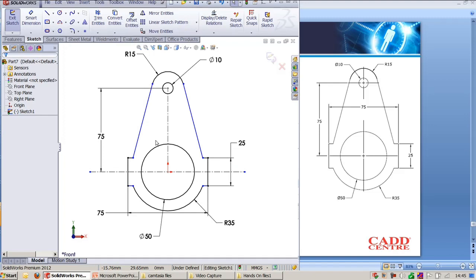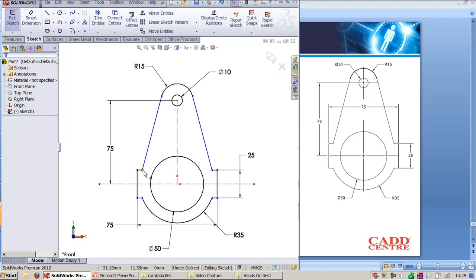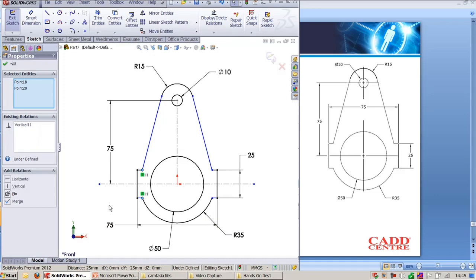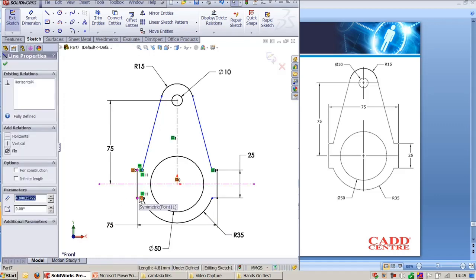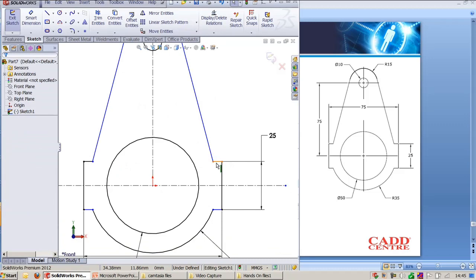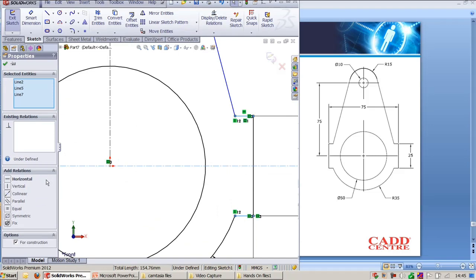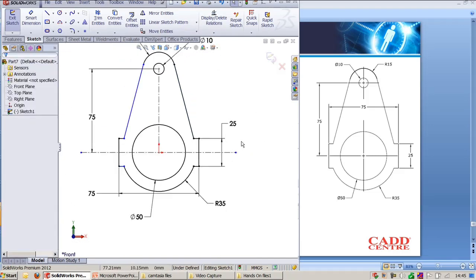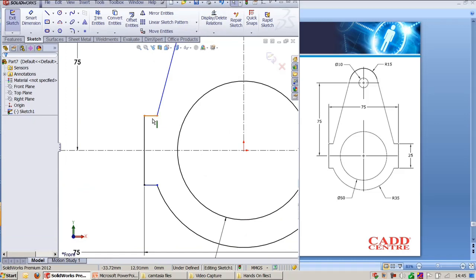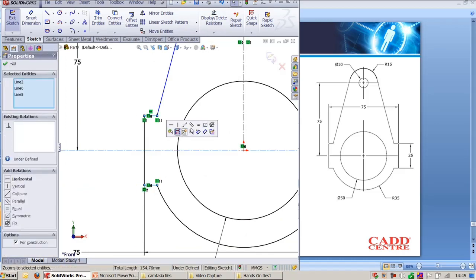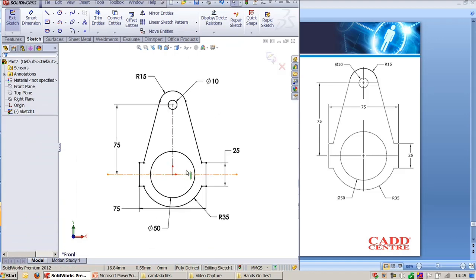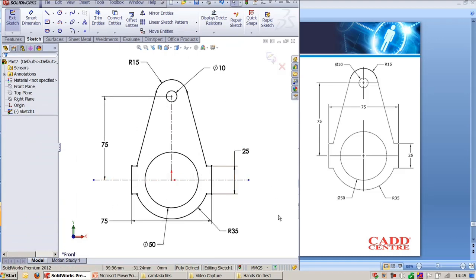We need to make this fully defined right now. So I will check these 2 points are vertical, correct, and I need to make these 2 line segments symmetric, correct. But for this line segment and this line segment about this, I have to make sure it's symmetric. Yes. Now if I do these 2, then my sketch is fully defined. Now you can see it looks black in color. Now this is fully defined, which is black in color, and it is parametrically controlled,